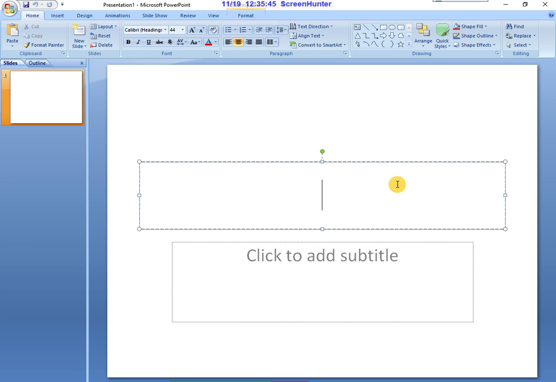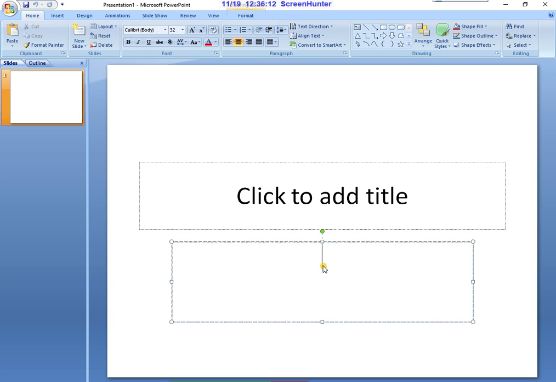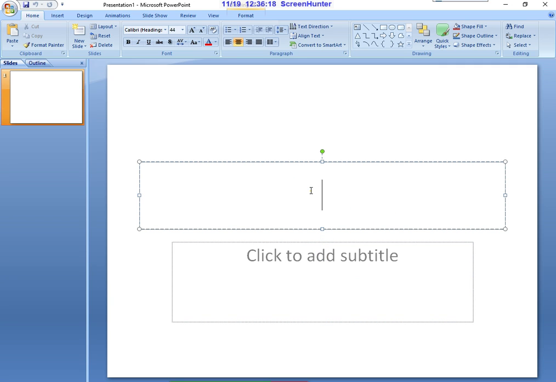So in this practical we are going to create a PowerPoint presentation. How to create a PowerPoint presentation? For that purpose you have to start by clicking on the PowerPoint icon of Microsoft Office. Then a screen will appear in this way. Click to add title, and next click to add subtitle. So we are going to create here a PowerPoint presentation regarding our college profile.